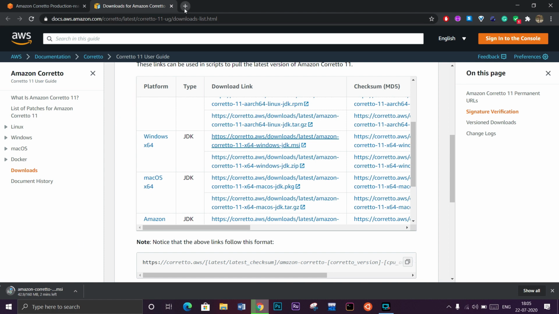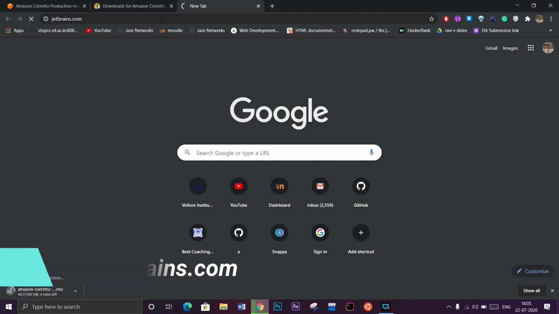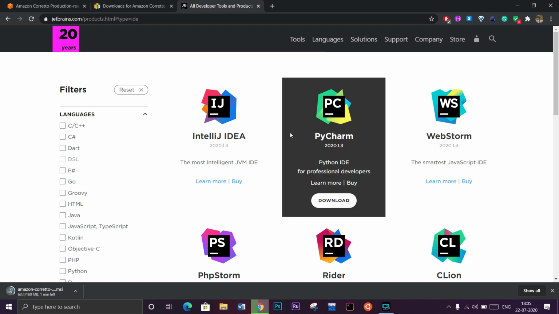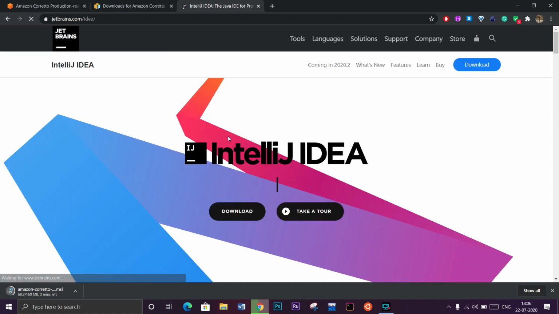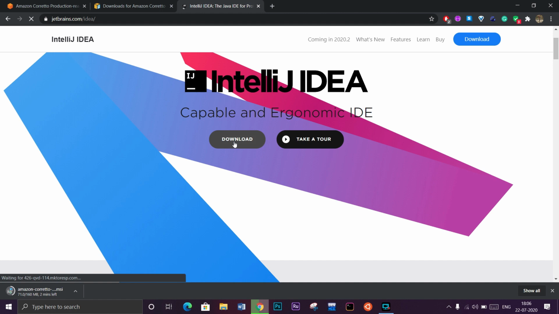So just go to jetbrains.com, and there, in this you can see IntelliJ based IDEs. So click on this, and now you can see IntelliJ IDEA. Just click on this, and here you can see download option. So I'll click on download,